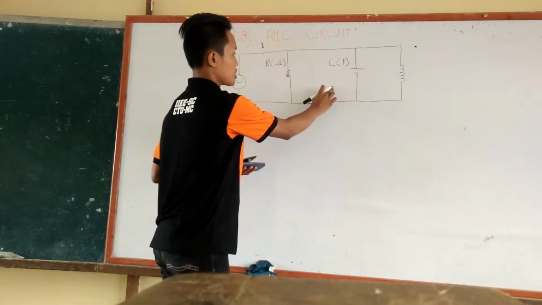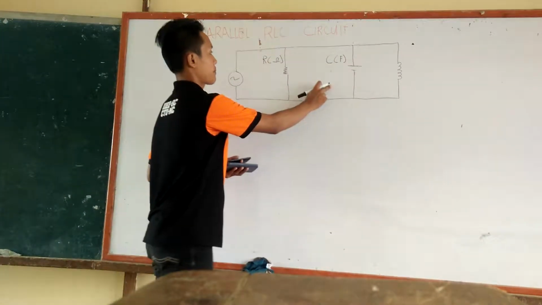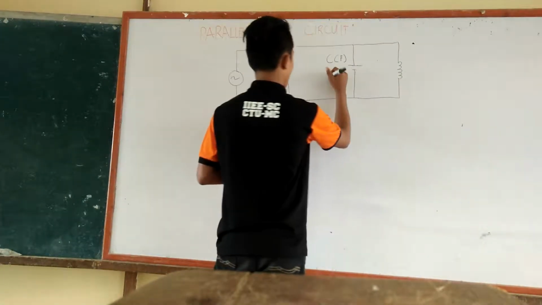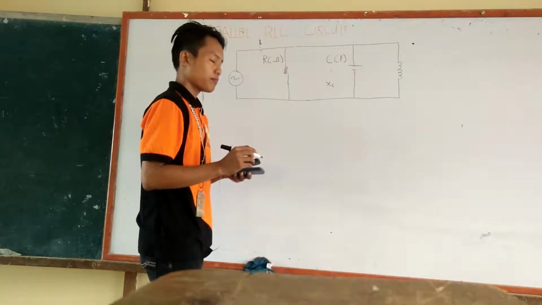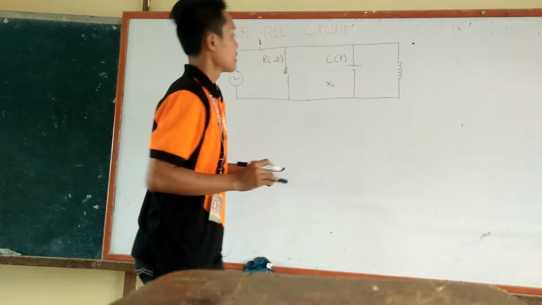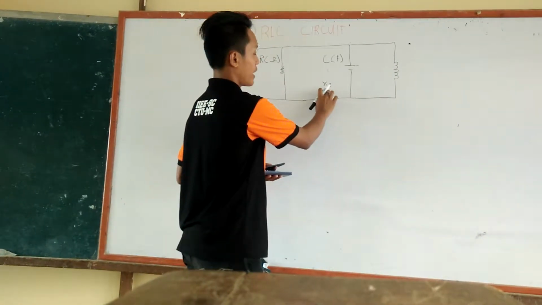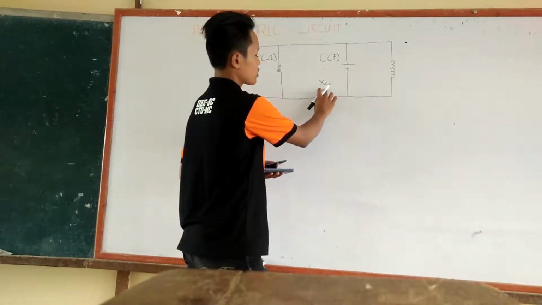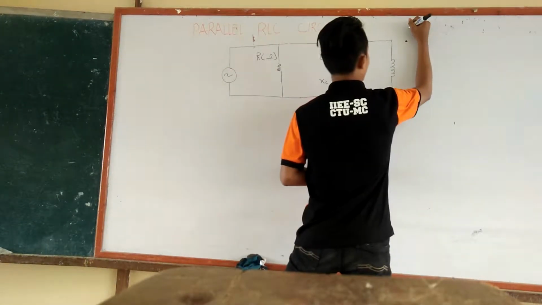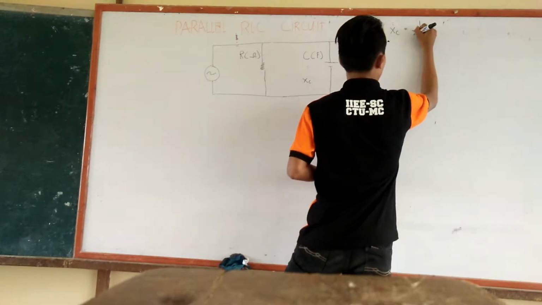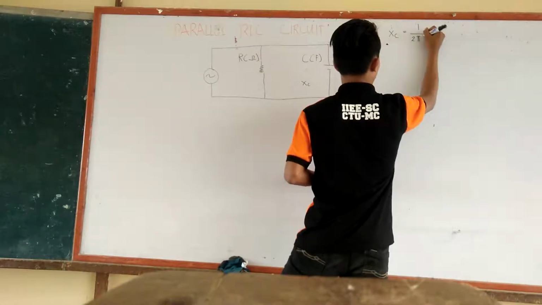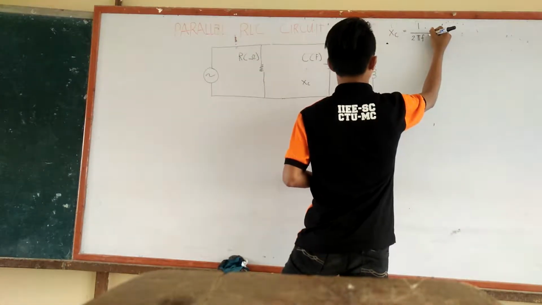And there is an opposition of current associated with this capacitor, which will be labeled as X sub C. As in our previous discussion, this is the capacitive reactance, and we can solve this using the formula X sub C is equal to 1 over 2 pi times the frequency times the value of the